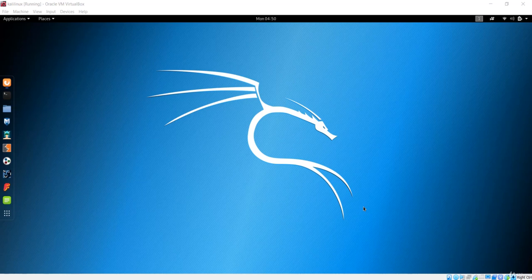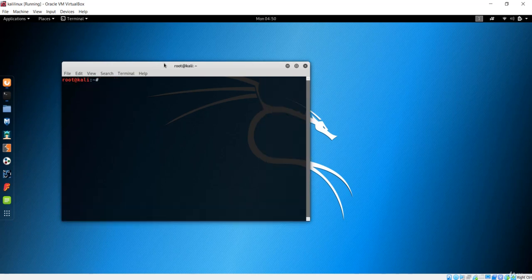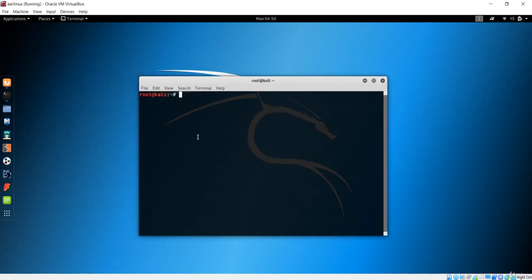We have seen the theory behind the man in the middle in the previous lecture. Now let's see the man in the middle attack in action. So first of all, you'll just open the terminal and let me just resize it. Now this man in the middle framework does not come pre-installed on Kali Linux.